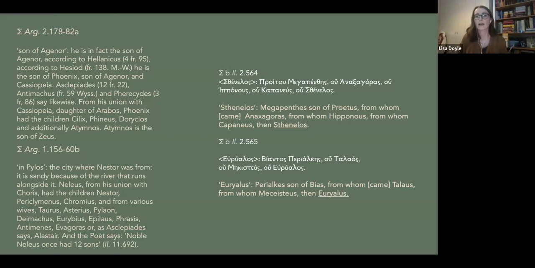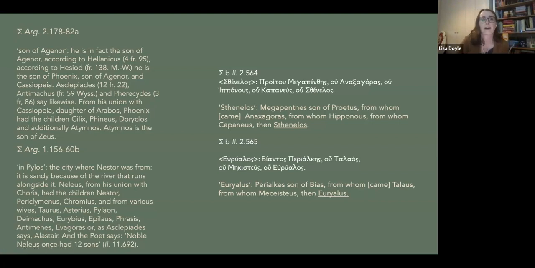Raffaella Cribiore has also done a huge amount of work, of course, on Greco-Roman education, but she points out that an author like Hesiod, for instance, frequently occurs in the schoolroom in lists of mythological figures and heroic genealogies. So it's evidence that this is what was being learned, and this is how students and readers of poetry were learning to orient themselves. The second example I'll look at on this slide is just at the top there.